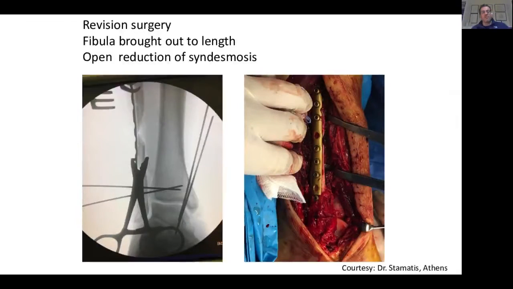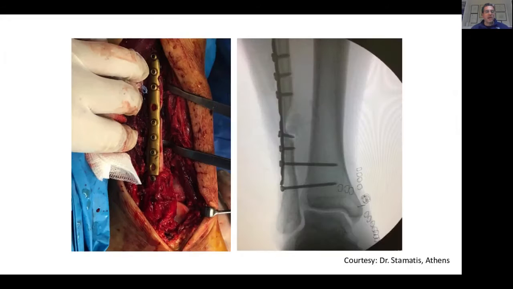So during the first surgery, they had removed that butterfly fragment from the fibula. He brought it out to length and checked the position of the fibula within the incisura. The way you can see with open reduction, he took a picture to show exactly that he had checked it. And you don't rely just on the AP view. We know X-rays or image intensifier views are unreliable in order to detect any displacement of the fibula in the incisura. And this patient went away, and that was the final fixation.